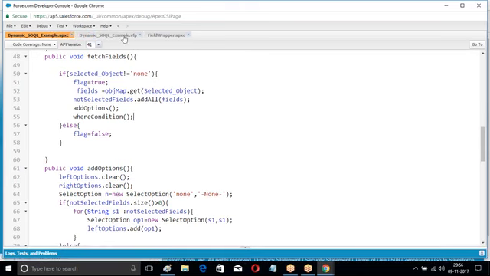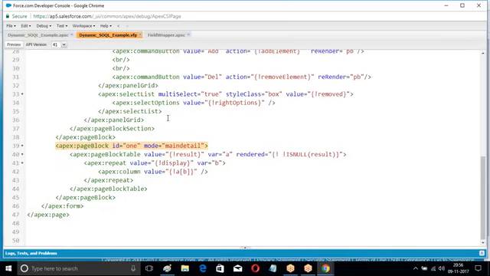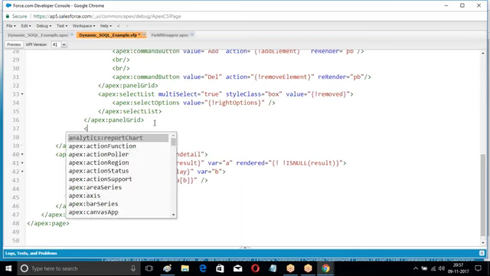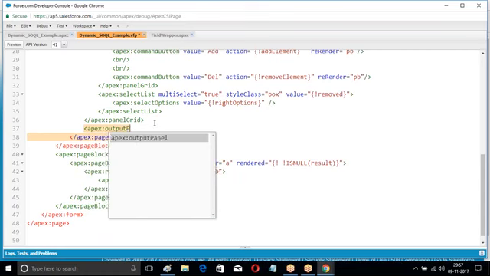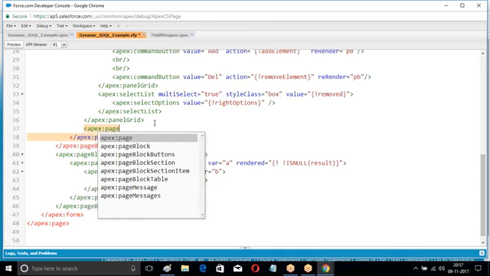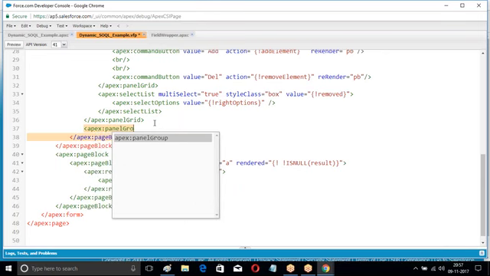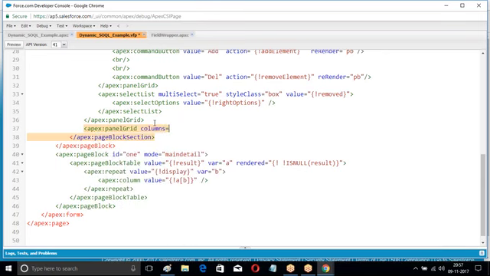Then you are supposed to add the VF page. See the format in which I am adding up the things one by one. Apex panel grid, columns equal to